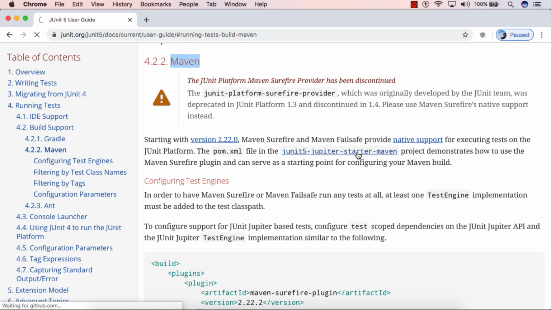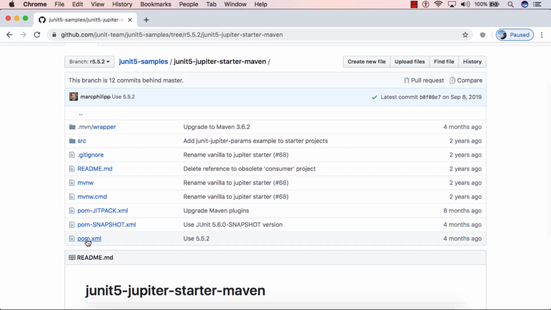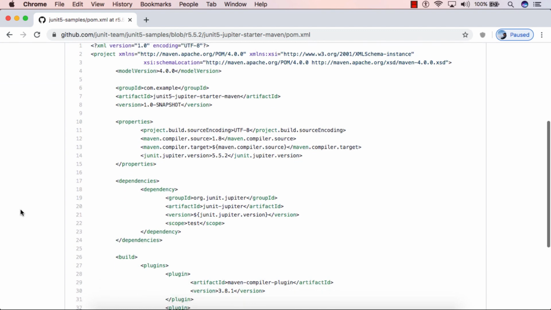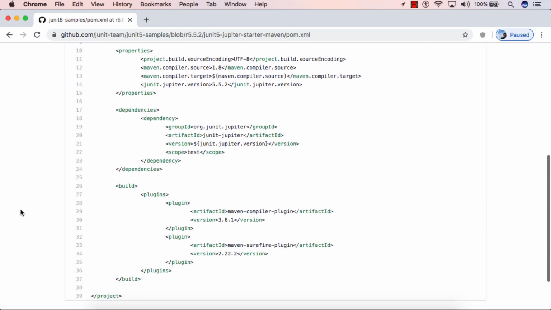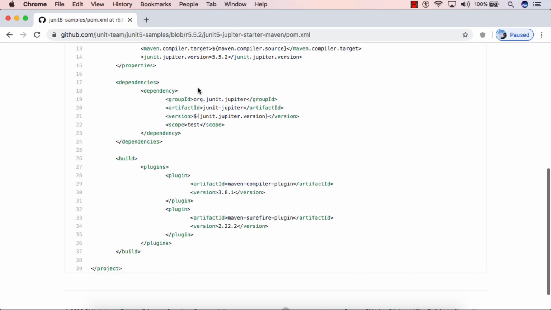So we'll go to that project. It's basically a GitHub repository, and if you open pom.xml, here you can see that the latest version they are using is JUnit 5.5.2, which is a JUnit Jupiter version, which is nothing but JUnit 5.